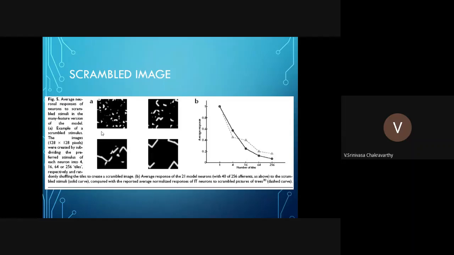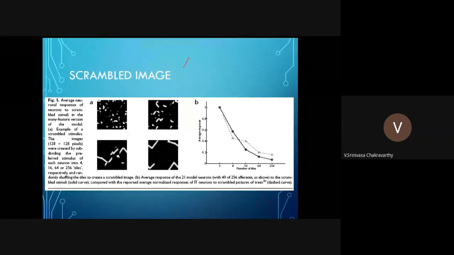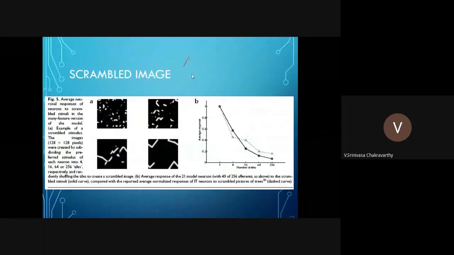Okay, so one more question they are asking is: is the neuron responding to a certain pattern in the input image, or is it just responding to a bunch of features? That means if it's just responding to features, it should respond to them no matter where the features are. So for example, just to give a small illustration,